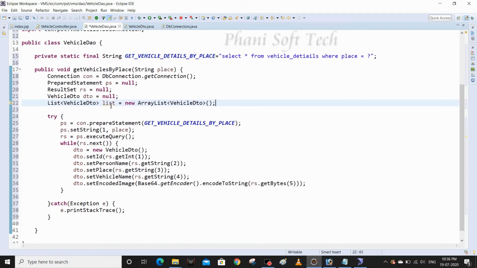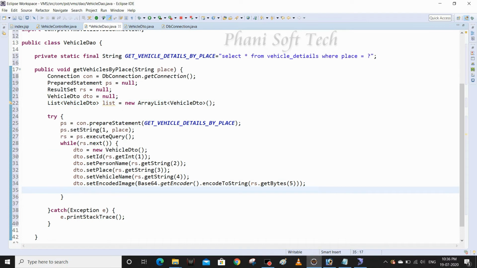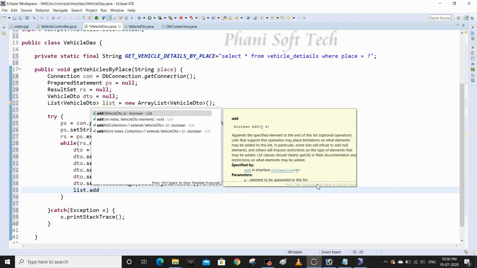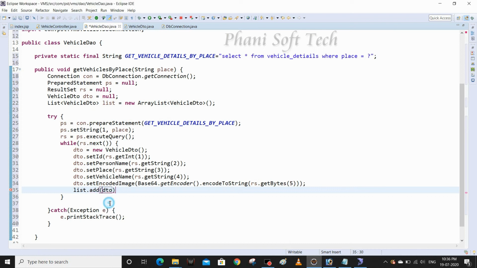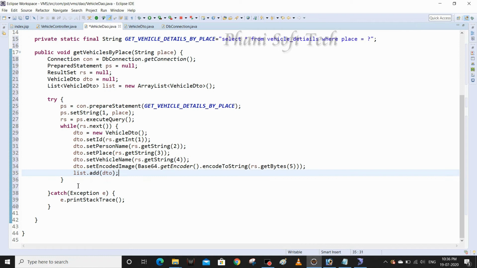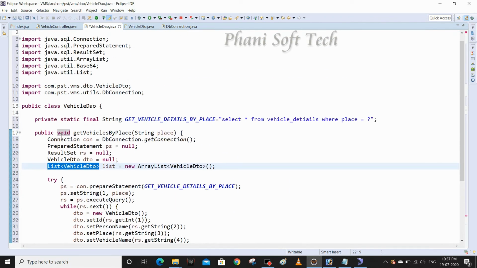Now I'm going to add this DTO into the list: list dot add of our VehicleDTO. Finally I'm going to return this list after the catch. The list is of type List of VehicleDTO, so I mention it as the return type here. That's all, guys. This is the DTO class.